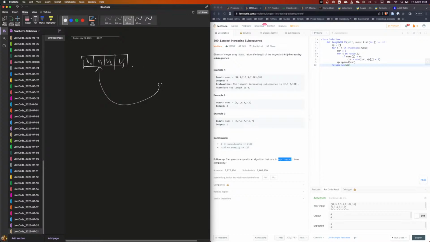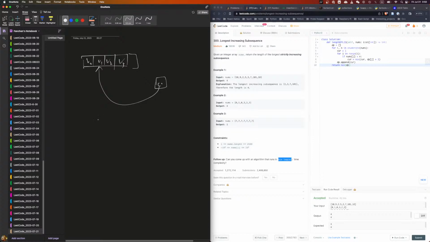That's what we want to create, right? And the way to make it the longest is for each value to be as small as possible. So if the current value is smaller than some of those, then I will just swap it in, so it can be smaller. If it's not smaller, then we just add it.